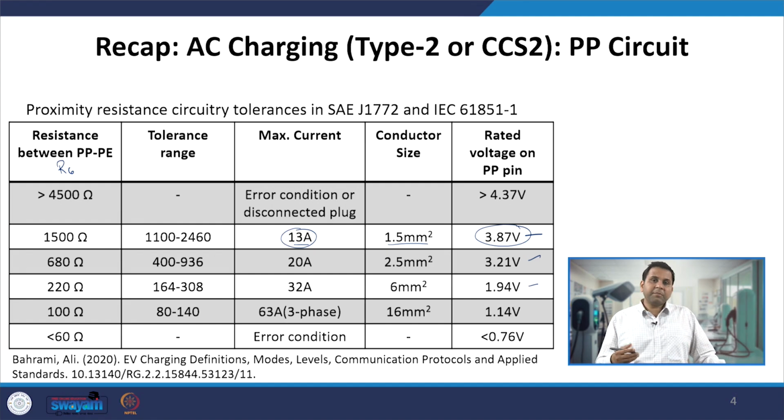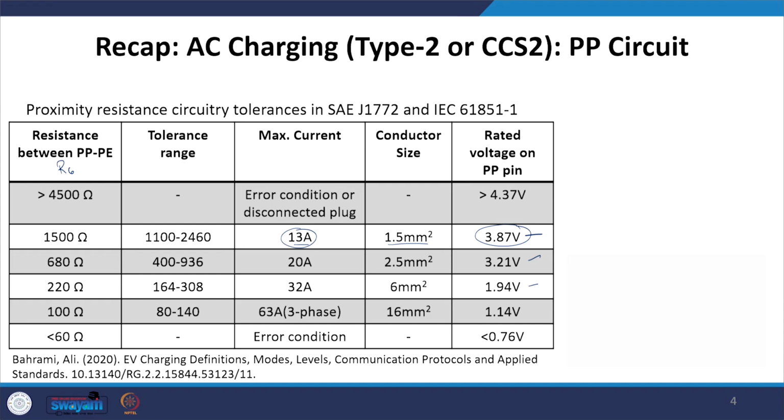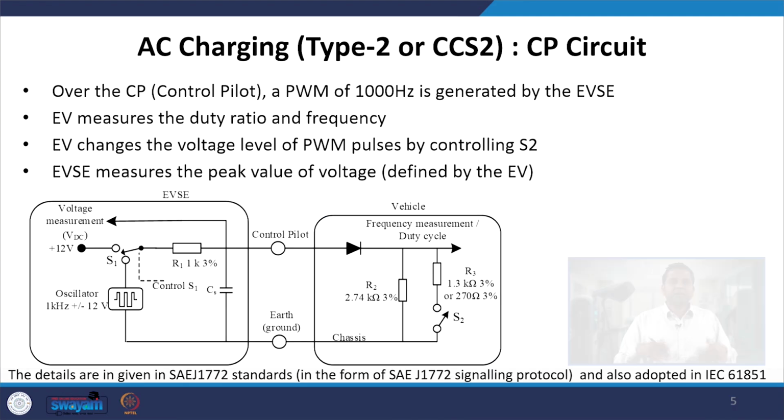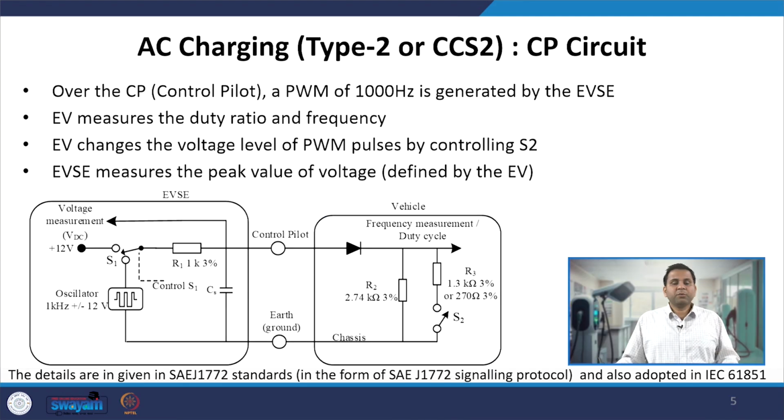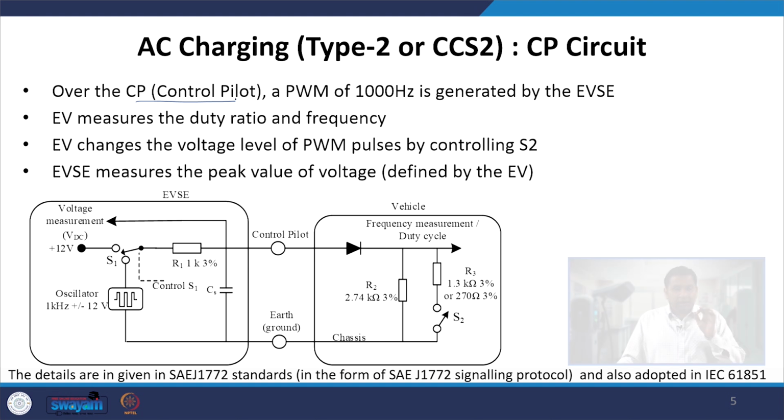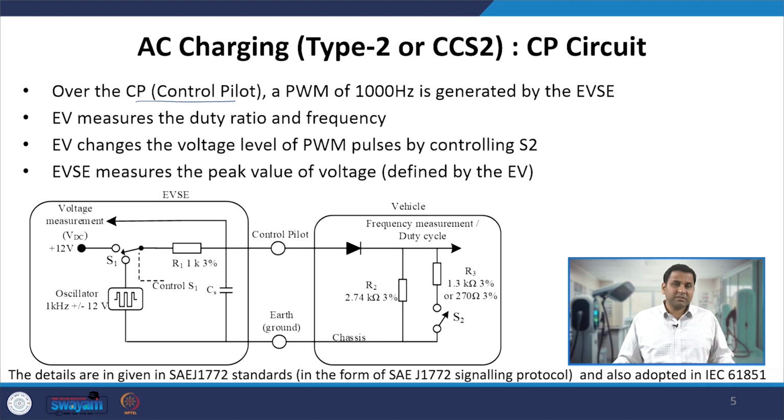This is the way by which the vehicle identifies whether the correct charging plug has been plugged in or not. Once it identifies that it is a correct charging plug, the vehicle gets immobilized, that means it will not move further, and after that communication takes place between the EVSE and EV, and that communication takes place using the control pilot. Again, we have already discussed that in AC charging the power conversion, that means AC to DC and then isolated DC-DC power conversion, takes place inside the vehicle.